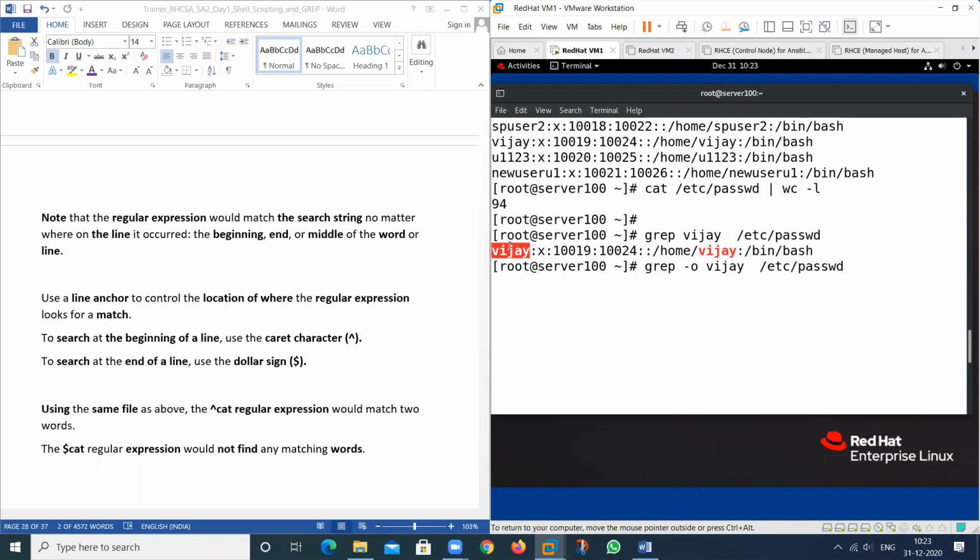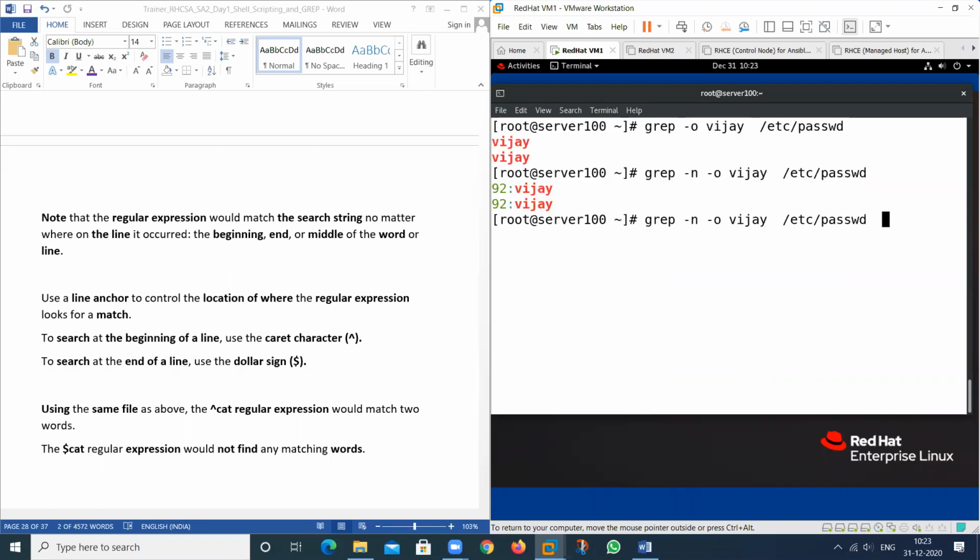So see this, we can use this concept. If I want to search only the line number here, this is line number 92. Here we have two words related to this. And if I want to search only these two words in the place of the whole line, we can use this concept.